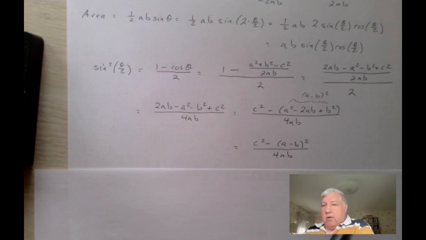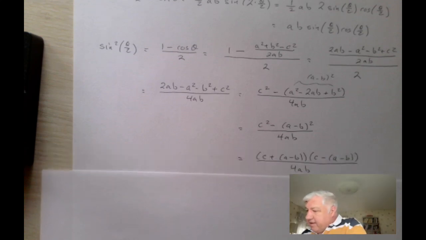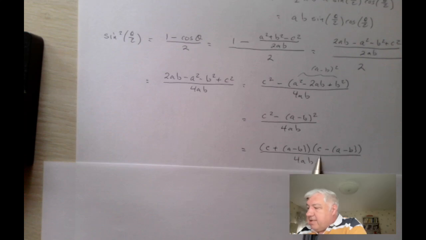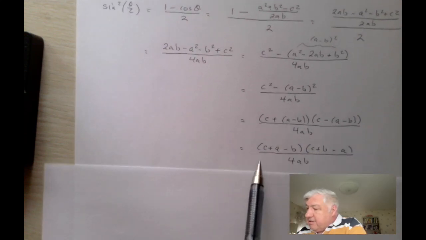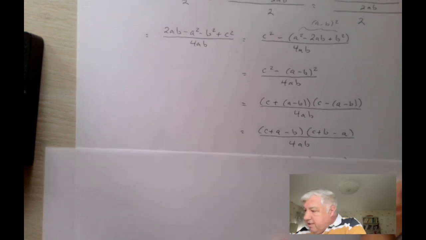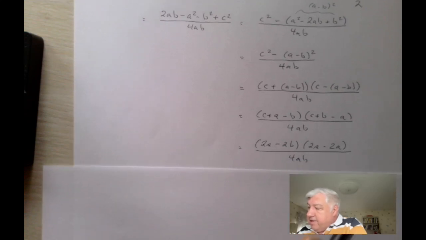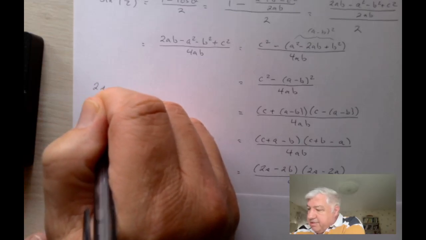And now, look at this. This is a difference of two squares, the square of c minus the square of a minus b. Well, we can factor that: c plus a minus b times c minus a minus b. Distributing this minus sign, we get c plus a minus b times c plus b minus a, all over 4ab. And this is where the semi-perimeter comes in,